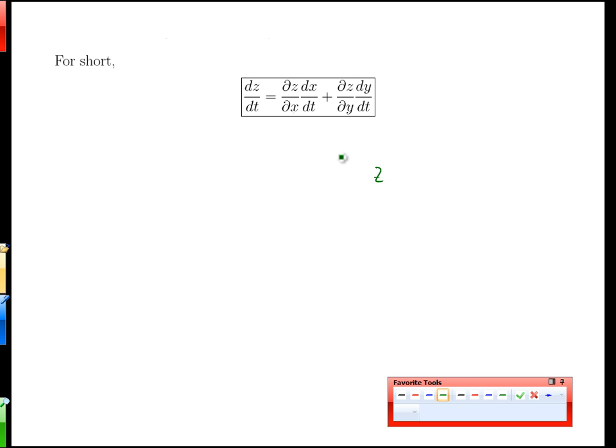times the derivative of x with respect to t. So again, going back to our maps here, if x changes, then z changes. So we need to incorporate that when we're talking about the rate of change of z. Z also changes when y changes. But how does that relate back to the original variable we care about? Well, x is changing with time and y is changing with time as well. And you notice this nice fractional perspective on this, very much like the chain rule in one variable, where z changes with x and then x changes with t, or you can think of